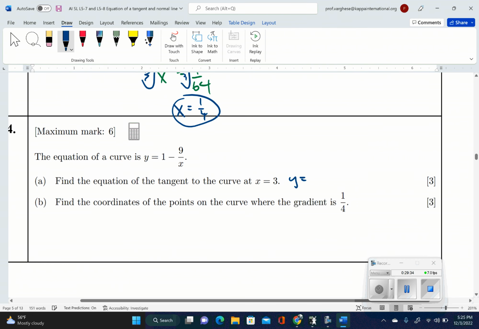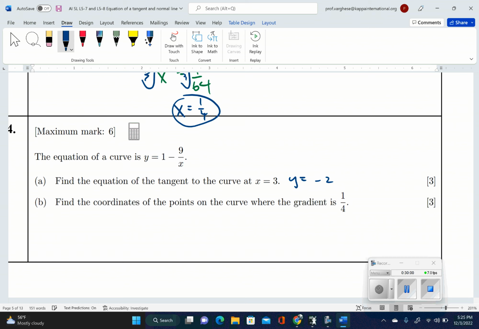So if x equals 3, we're going to plug a 3 in here. 9 divided by 3 is 3. 1 minus 3 is equal to negative 2. So y is going to equal negative 2. So we definitely need that. The next thing we're going to do is, we know that the tangent passes through that point (3, -2). The next thing we're going to do is find the derivative of our original